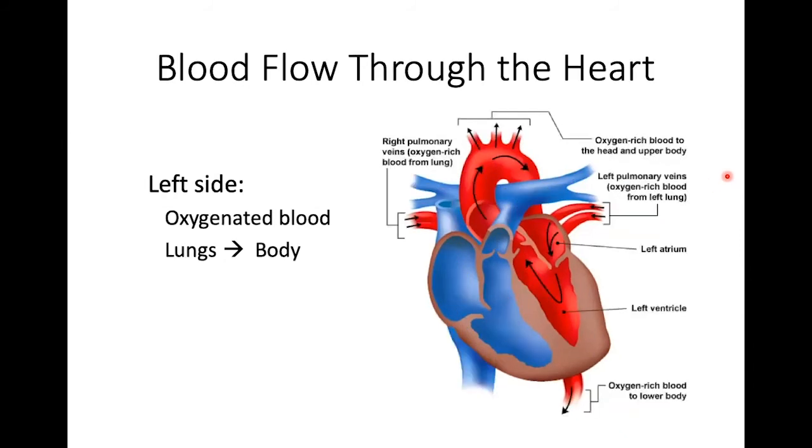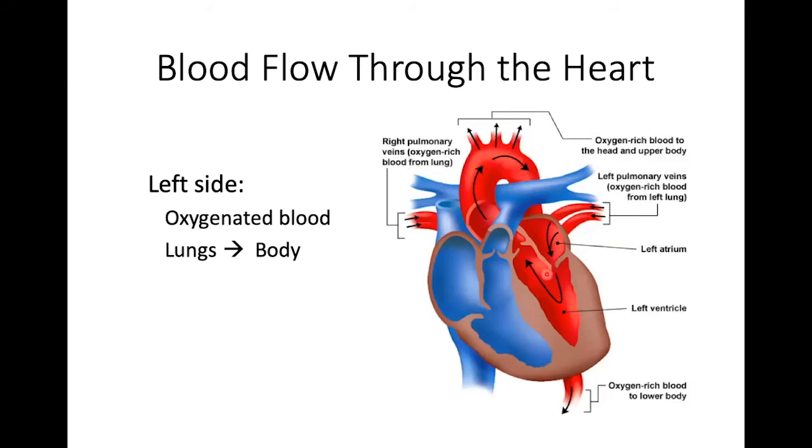Now, once that carbon dioxide is given off in the lungs, we breathe it out, and then we breathe in new oxygen. Well, the oxygen that's in our lungs is going to diffuse into the bloodstream, and that oxygenated blood is going to pass back towards the heart through the pulmonary veins. The oxygenated blood then transports into the left atrium. That left atrium contracts and sends that oxygenated blood through the bicuspid, mitral, or left atrioventricular valve into the left